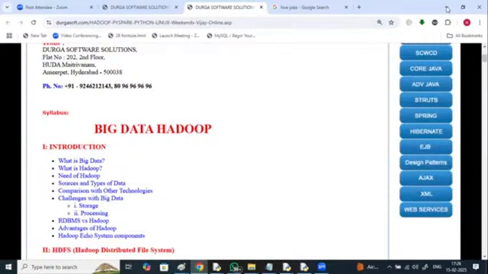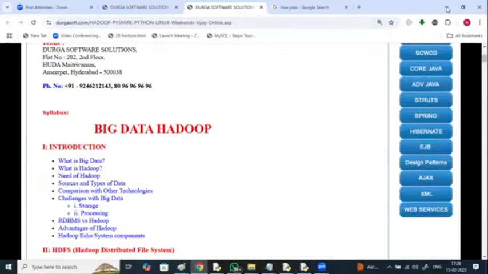we have a framework called Hadoop, which is meant for two things: first storage, and second processing. For storage, it doesn't use any database. It uses a kind of file system called Hadoop Distributed File System, HDFS.